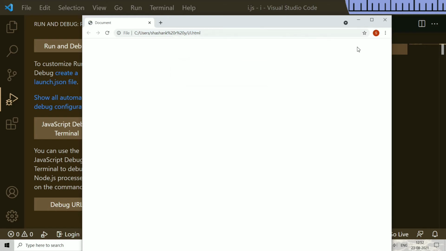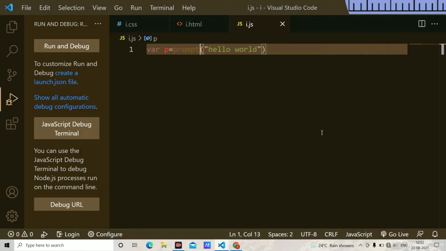And next, coming to the confirm. Now I am using the confirm. To create any confirm, first of all you use a variable, and you have to give a variable, then you have to use the confirm. You have to use it like this, confirm, and you have to write are you sure want to exit, and I'm saying are you sure want to exit. And next I'm using if